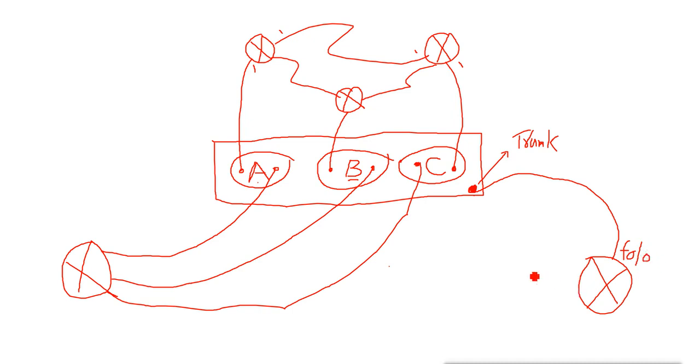One interface I will create for VLAN C, then one for VLAN B, and one for VLAN A. These are logical ports. No matter how many VLANs you have, you can create a logical interface for each and every VLAN.